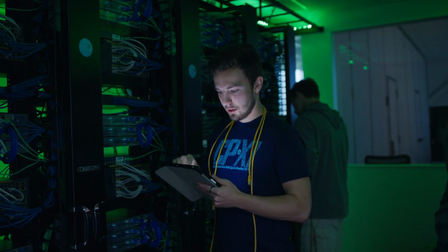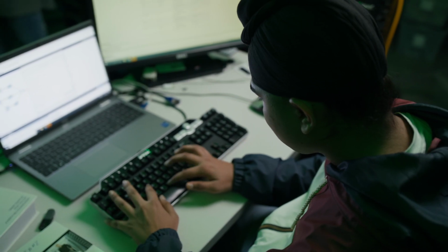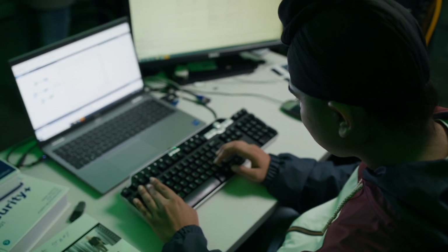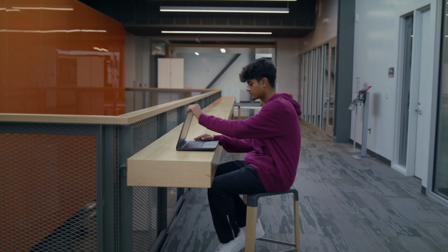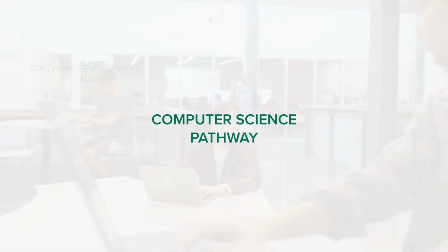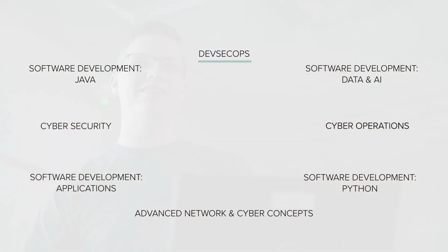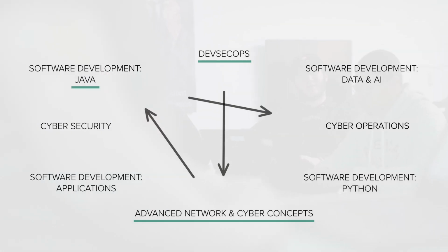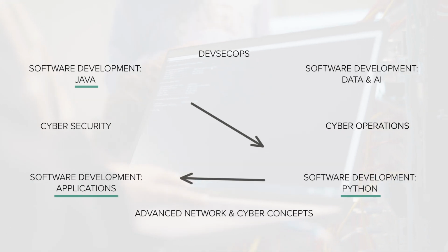As computer science careers become increasingly intertwined, the modern worker requires a broader understanding of networking, programming, and cybersecurity. The Computer Science Pathway at STA allows students to build their own program from a selection of 8 semester-length courses. Students have the option of building a wider foundation by taking several cross-category courses or diving deeper through successive and